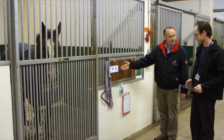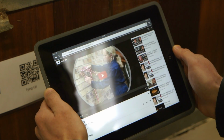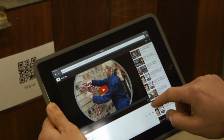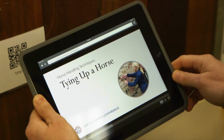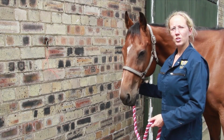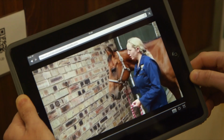find them most helpful. So they weren't having to go and, for example, be in the clinics and be wanting a reminder of the proper procedure for doing a particular technique. They wouldn't have to go back to their computer to look at that. They could take out their iPhone or their iPad, scan the QR code and get immediate access to that video